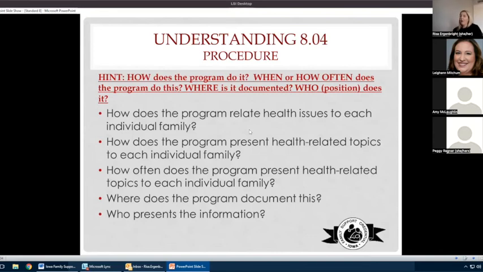Typically, that stuff's going to come from a home visitor. It could be, though, that if there's a long-term home visitation program that has a group component where the group meets monthly, you choose to take a topic of those group connections once a quarter that is related to a health topic. And so it could be the way you meet this one is by that. I would say in that one, though, how do the families that don't attend those group components get this information? That's something to think of, and that's kind of a tangent to go down, but programs could include that in here as well.